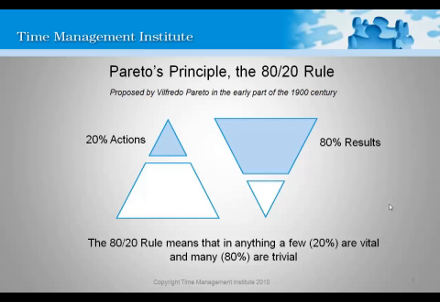The business world picked up on this and then looked at the application within how it affects their business. And one of the most common areas is, with most organisations, 80% of your business comes from 20% of your clients. If you maybe look at sales organisations, they'll recognise that 80% of the sales comes from 20% of their salespeople. There's lots of examples on how this rolls out. Even, for example, in a restaurant, you'll find that 20% of the menu is ordered 80% of the time. Or on roads, you might find that 20% of roads carry 80% of the traffic. So it rolls out into a lot of areas of our lives.